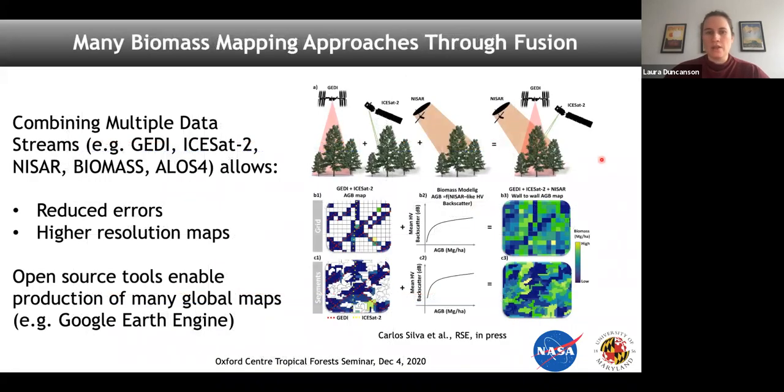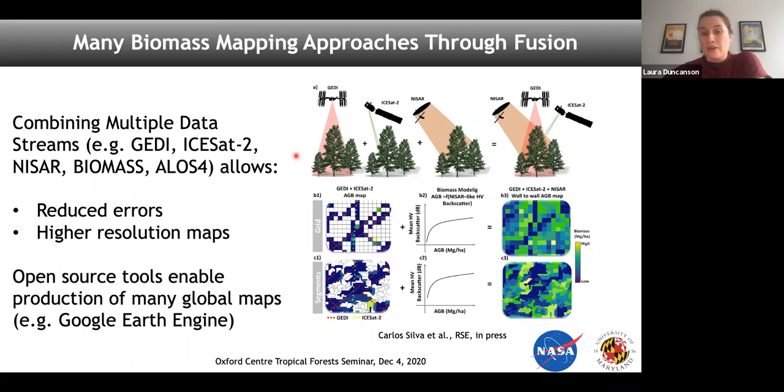Okay, so this gets us to the idea of data fusion. Obviously we're making these GEDI maps, these GEDI products, but the best products will almost undoubtedly be from a combination of different data streams. We've got GEDI, now we've got ICESat-2 as well, but already there's a lot of satellite radar data available and even more on the horizon. From missions like NASA-ISRO's NISAR, but also ESA has a P-band SAR biomass mission going up.